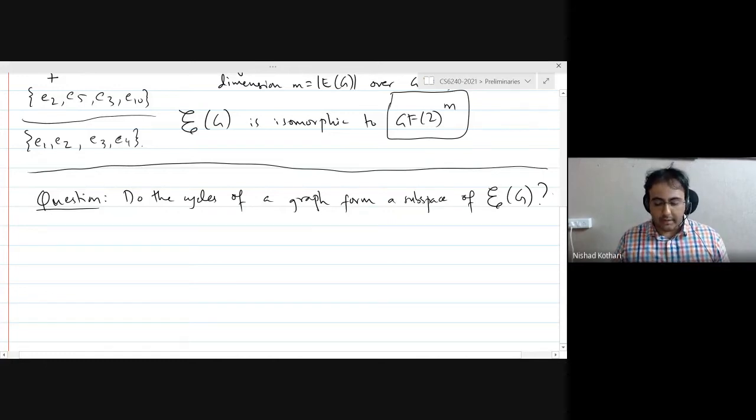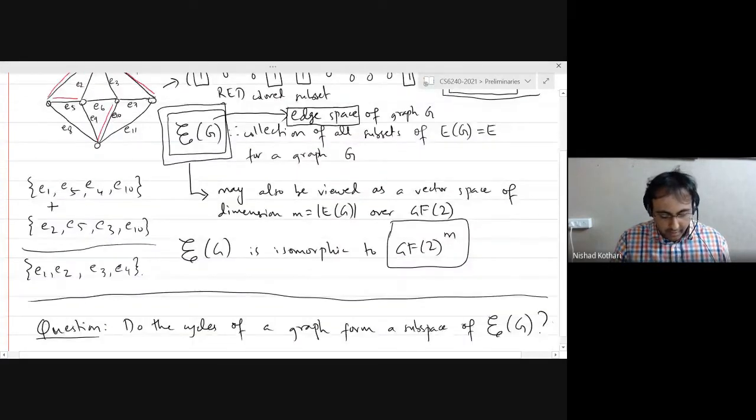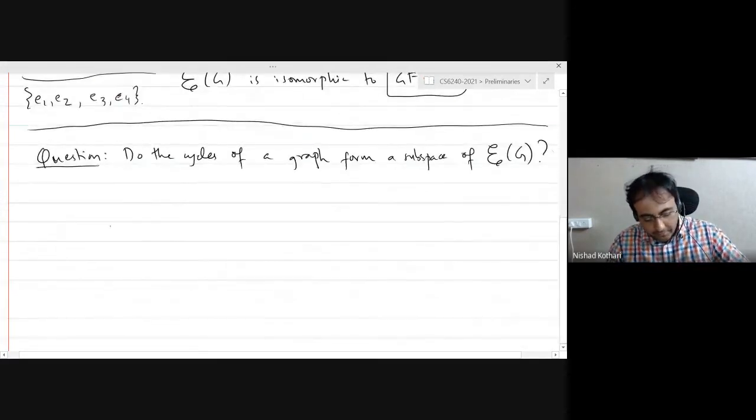One is that the zero vector has to be in the subspace. So this is one issue. And the empty set of edges of a graph is not a cycle as per our definition. So sure, we can modify the definition and say let's include the empty set and let's call it a cycle for convenience. The other problem, however, is more severe. It is possible that the symmetric difference of two cycles is not a cycle.